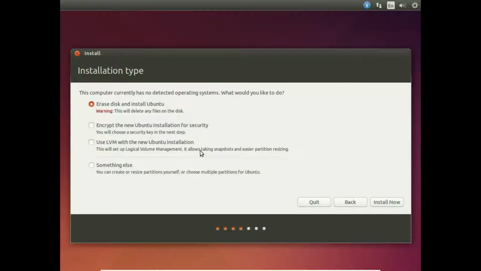It's well, yes, it allows you to take snapshots and easier partition resizing. That's quite correct, but what is not told here is that it will slow down your system a little bit, maybe around 10 or 20%. So we simply do the erase this